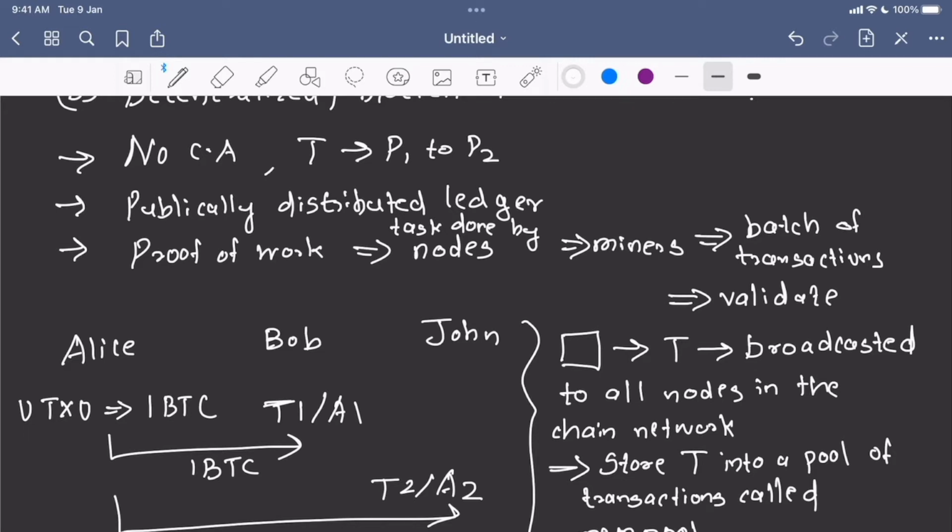So now since Alice initiated a transaction T1 or A1 of transferring 1 Bitcoin to Bob, it will be